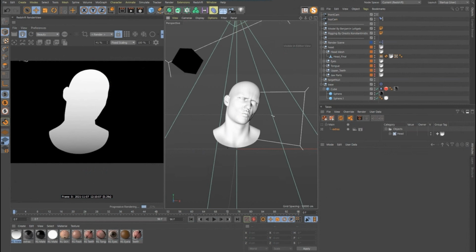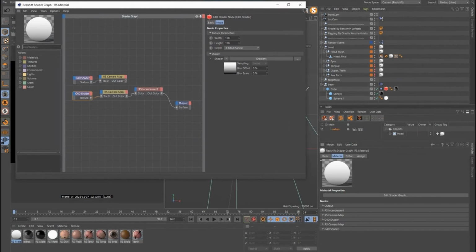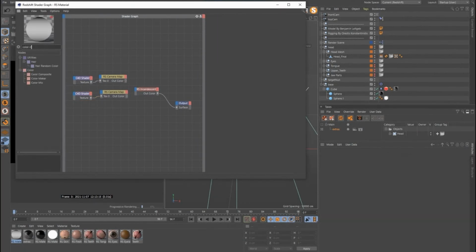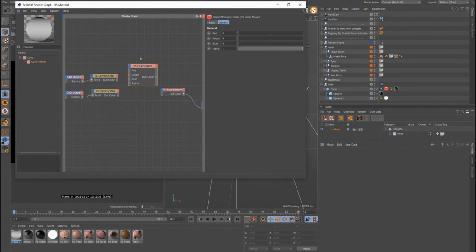So we've got this guy. Well, now, how do we put them both into one material? A node called Color Maker. And what we'll do here is a fun little trick that I've talked about in the past with some Cinema materials, standard materials, but not with Redshift. But it's the same exact principle.